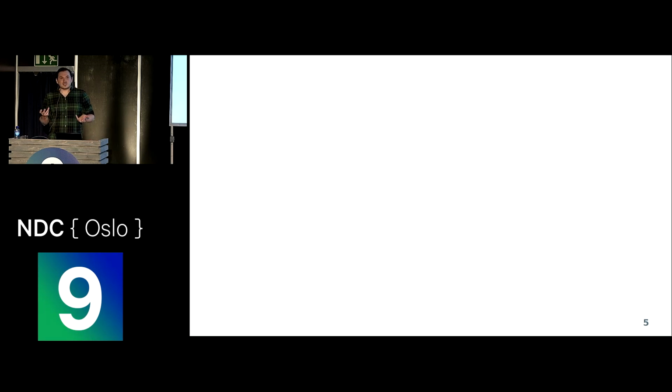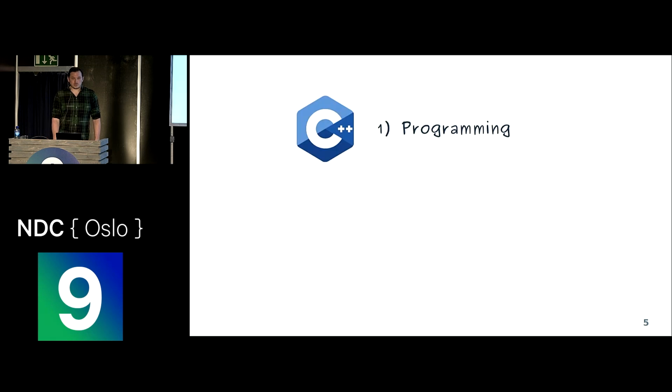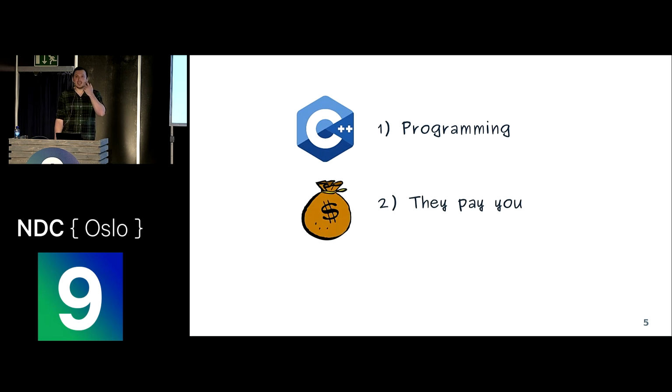So my first attempt at C++, many years ago, I knew 2 things about it. I knew that I would be programming C++, and I knew they were going to pay me to do it. That was basically all I had to know. I had no idea what I was really letting myself in for. As it turned out, what I was making was these network processing chips. And how you make these chips